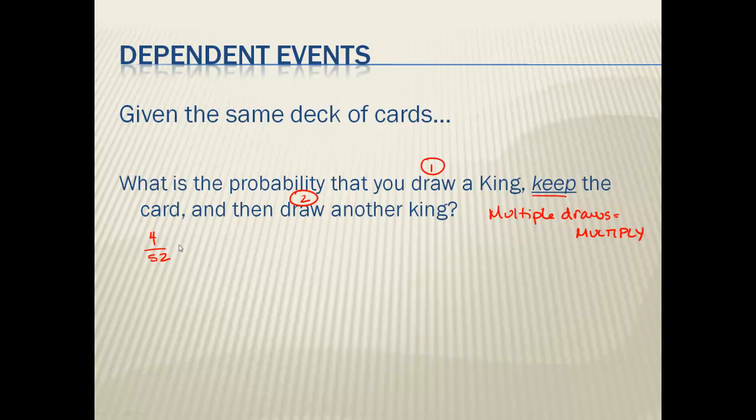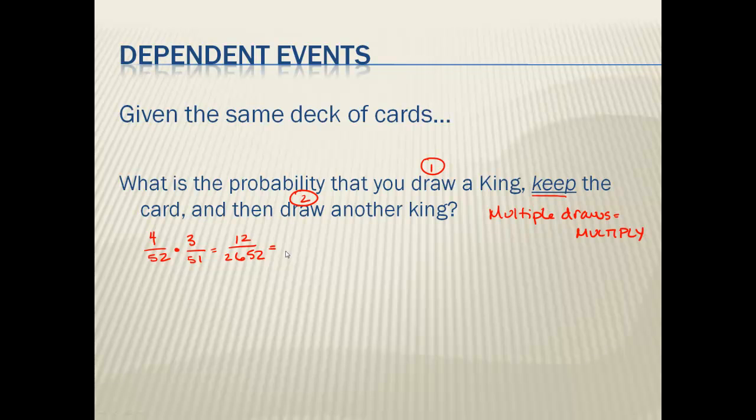Okay, now we kept the card. So how many cards do we have now first? Well, we don't have 52 anymore because we've got one of them. So that means we have 51 cards in our deck now and only 3 kings left. So you would multiply this out, which would give you 4 times 3 is 12. Now remember, when you're multiplying fractions, you multiply the numerators and the denominators. And 52 times 51 is 2,652,